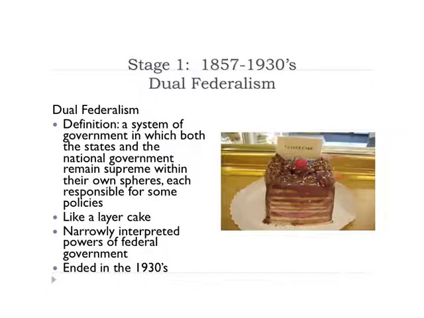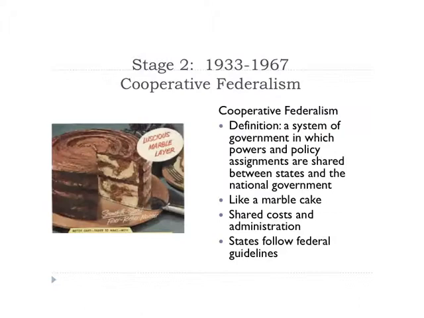This has been described commonly as a layer cake interpretation. If you look at that picture of a layer cake, you see those very careful delineations of each layer of icing and cake. I tend to think of the icing as being like the federal government because they are supreme, and then the cake would be the separate states, and you don't see much overlap there until you take a bite. This will lead to a narrow interpretation of federal powers, and it will last until the Great Depression and the New Deal. And at that point, we will move into an era that is known as cooperative federalism.